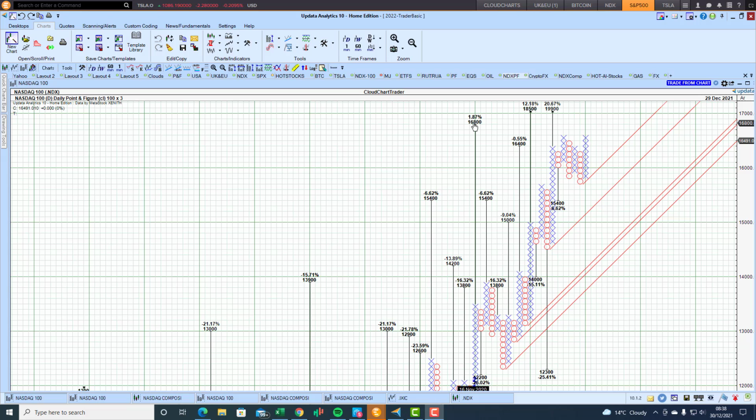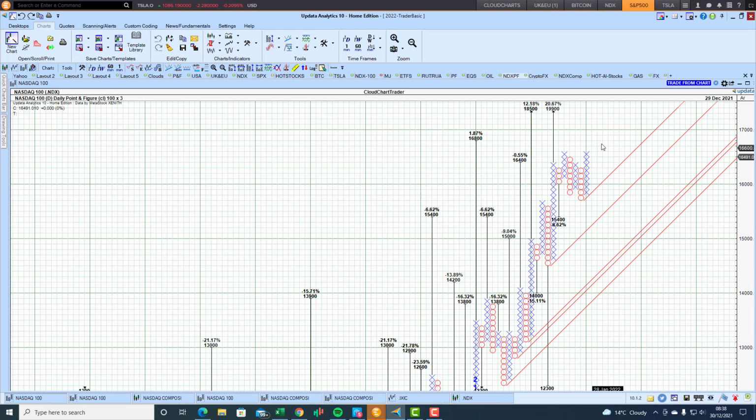The next one is 16,800, and then the other two much higher targets, 18.5, and then there's another one 20% away, but we won't get there anytime soon. The market is quite extended from a stock market perspective. Now, if we just look at this, there's a 17.3 upside point and figure chart target at that zone. So there is potential for the market to rally another 4.9% over the next couple of weeks or couple of months. But beware, any point and figure chart reversal to the downside, a 300-point drop will signal the